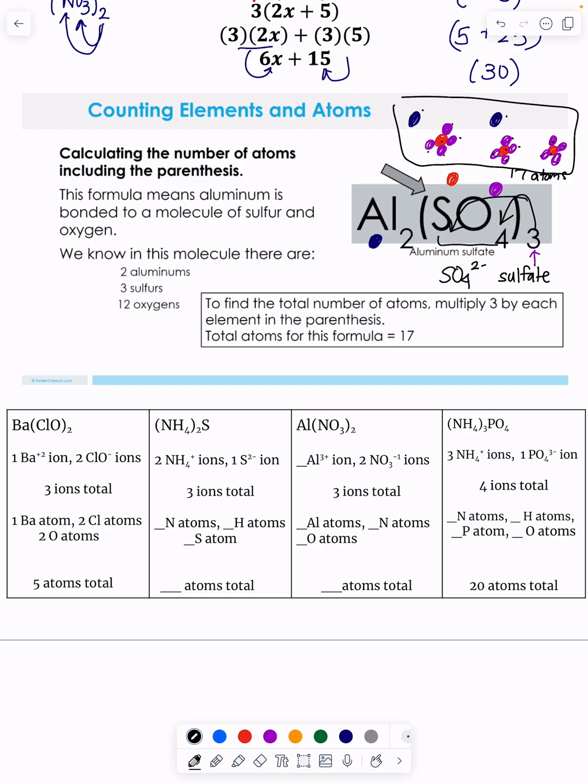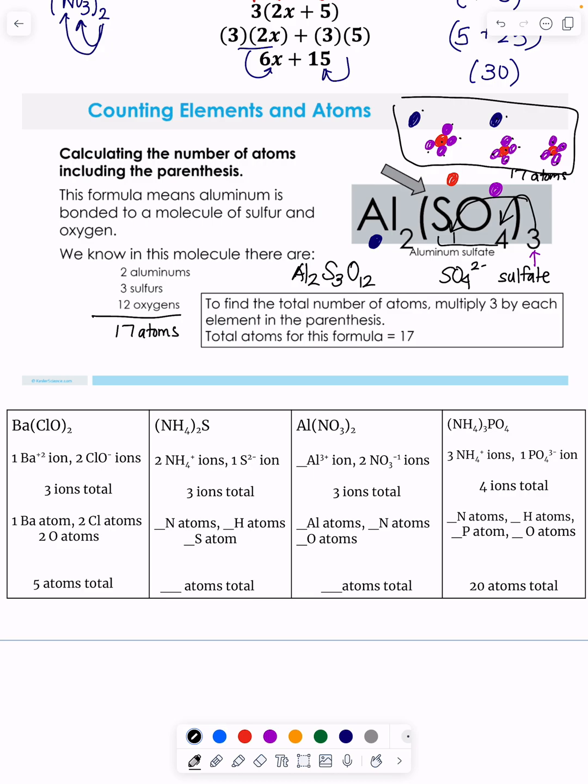So what this is really saying is I have Al2. There's no parentheses on the outside of that. There are 3 sulfurs, and now, because 3 times 1 is 3, and then 4 times 3, there are a total of 12 oxygens. So this becomes 2 aluminums, 3 sulfurs, 12 oxygens, 12 plus 3 plus 2, that's 17